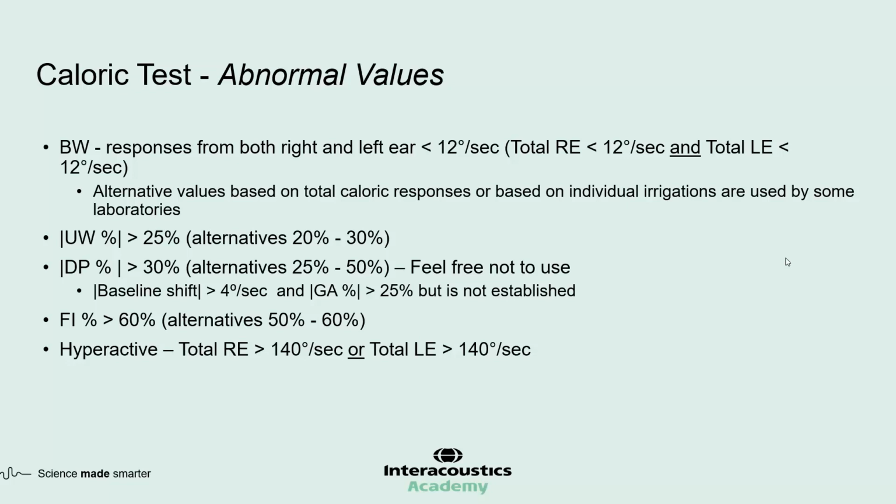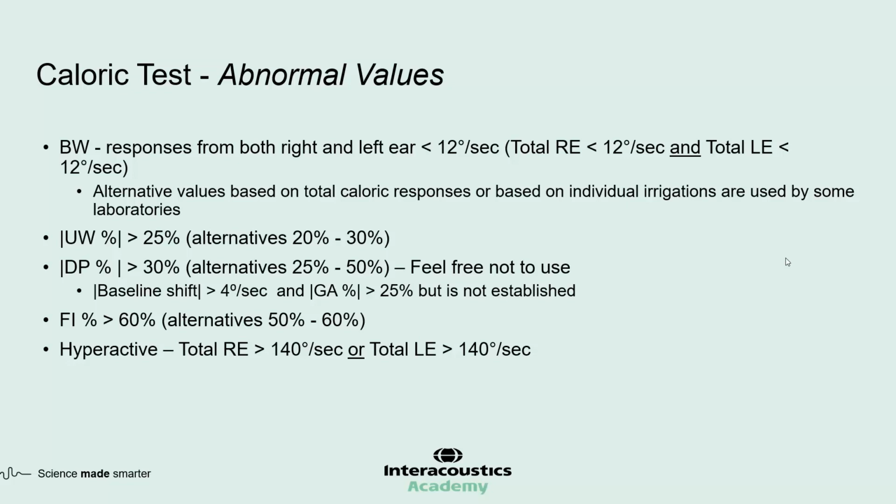So again, for bilateral weakness, the best method is that if you suspect bilateral weakness, then you really need to do another test to verify it. So anything that comes close to any of those criteria, take that as a sign that you need to do another test. As I said, I use it if the total response from both ears is less than 12 degrees per second simultaneously. For unilateral weakness, the